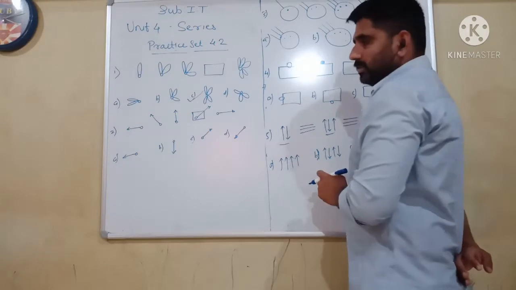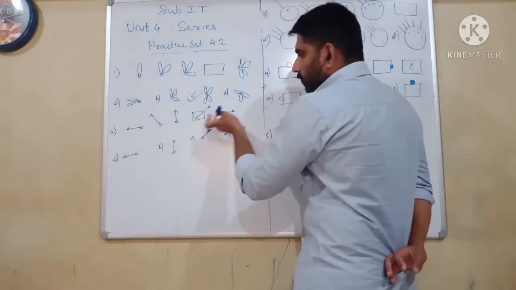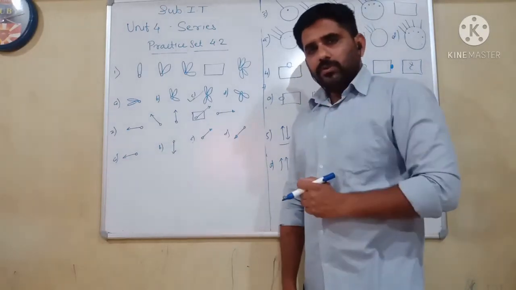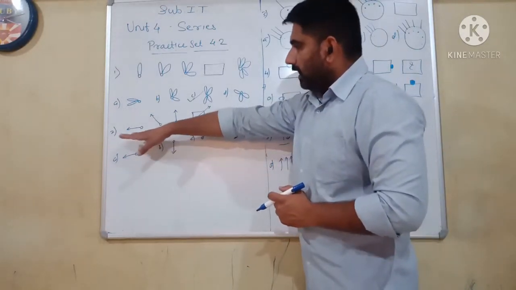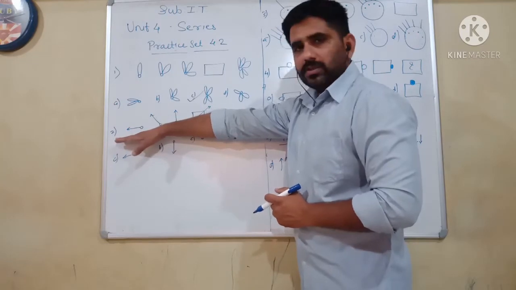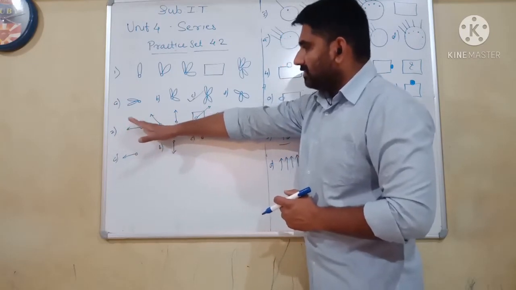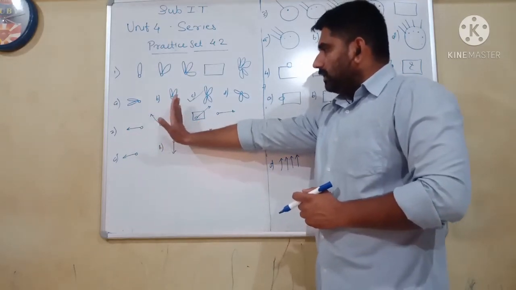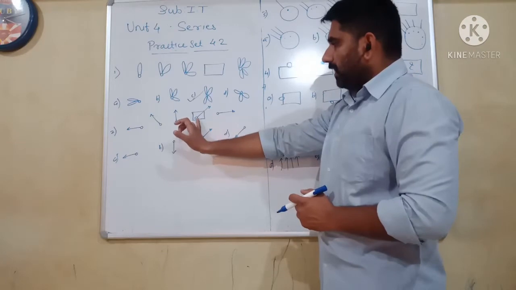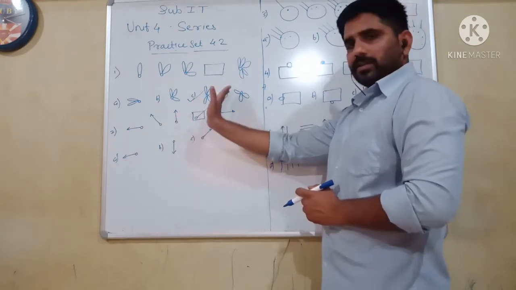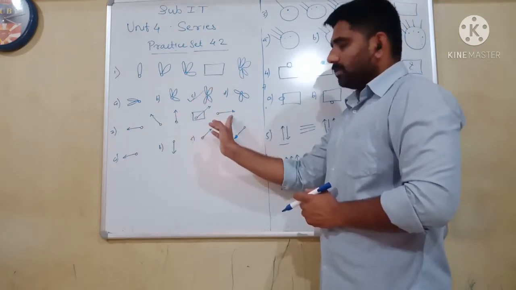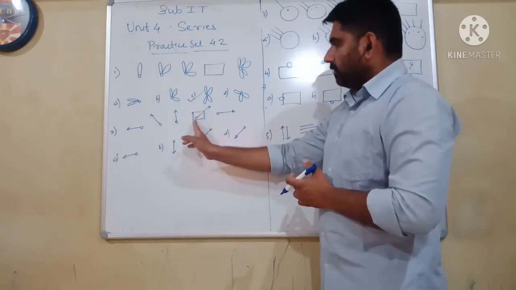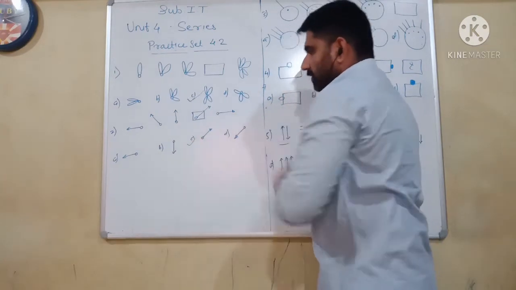3. In the second question, the position of arrows is being given. How are the arrows positioned? First, the arrow was slightly towards the left side. Next, it has turned slightly. The third time, it again turned like this. In the fourth part, it will turn slightly to the right side. Here again it has turned slightly to the right. So in the missing term it will be like this. So that is option number C.